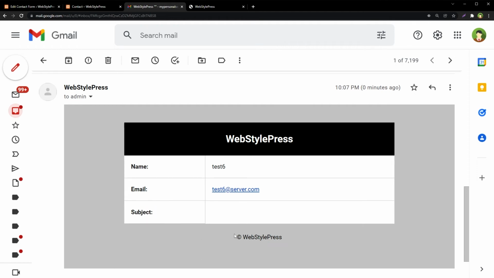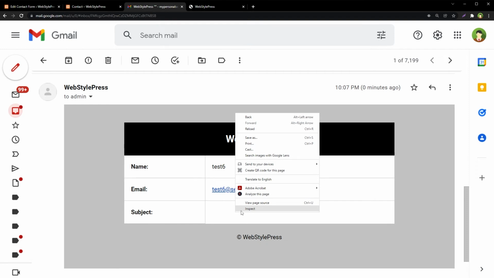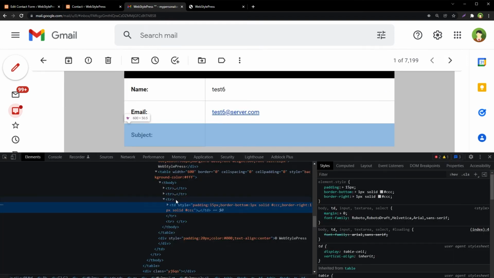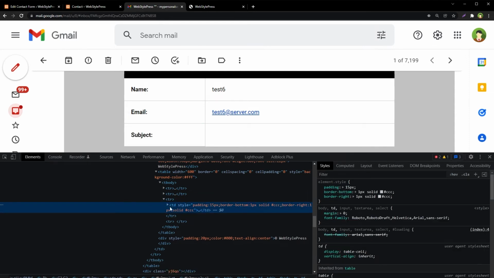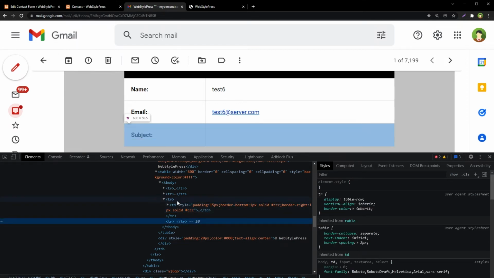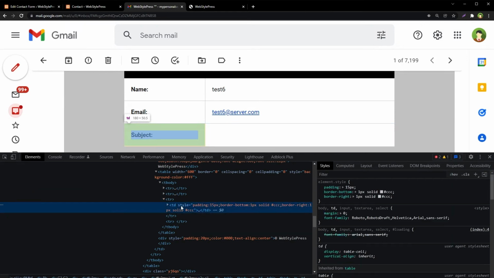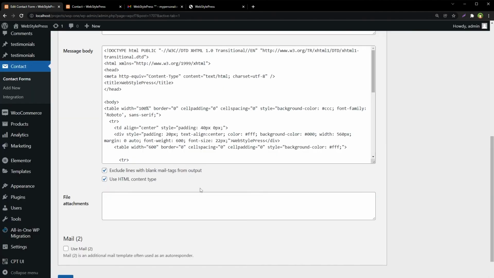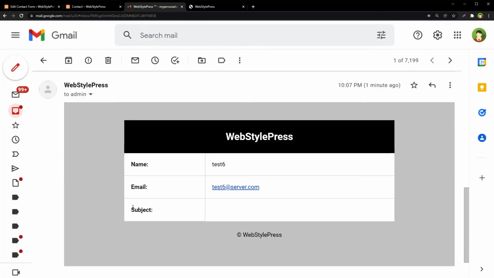The message row was removed. If we inspect this element, in this tr, in this table row, we have got one td, one table data. So one tr is empty, and in this tr, in this table row, there's one td. The td here was removed because it was empty by this check. But in this scenario, we want to remove the whole row, not the td. So how can we remove this whole thing instead of just the td?